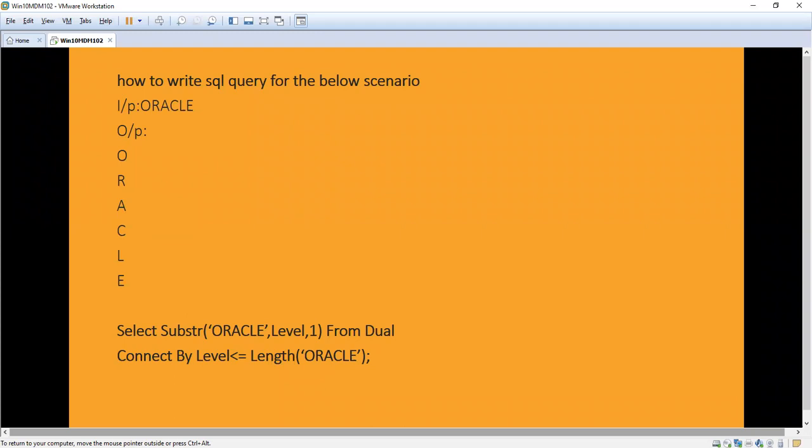This is the most important one. In the interview, they will definitely ask: if I give the input Oracle, how will you write the query using level and connect by? You should write it.